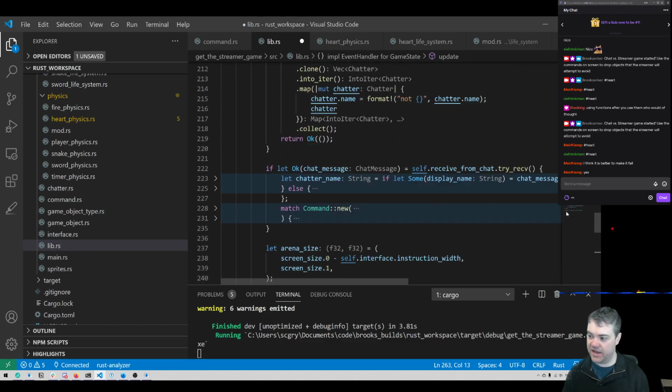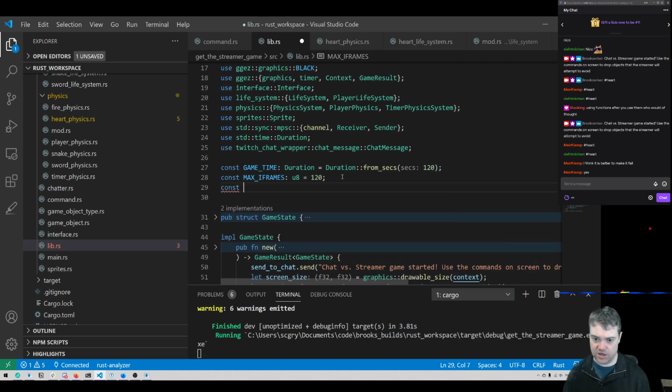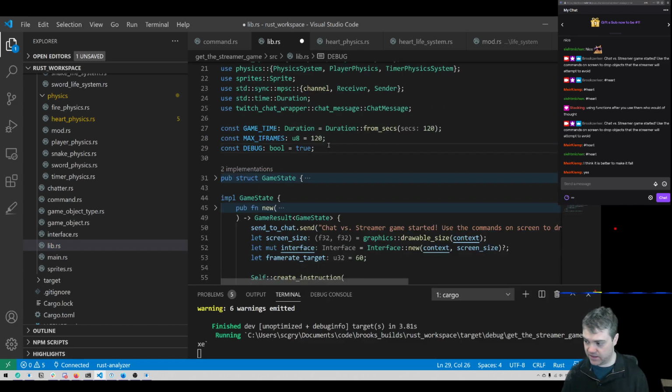Okay, I kind of want to create a constant up here at the top. So const display debug, like prints, display debug, or maybe just debug. If I do that with just a boolean and we set this to true to begin with,